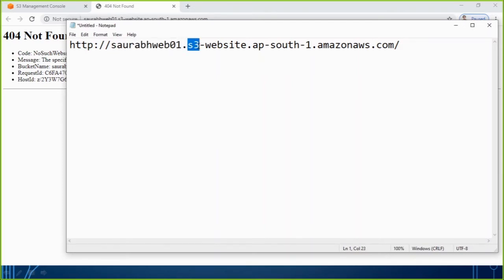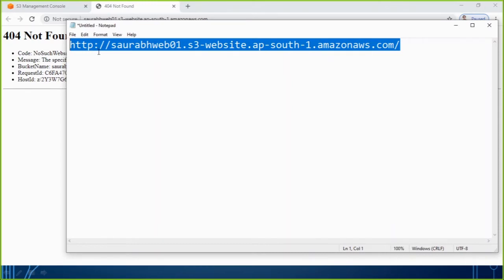This is the service I am using from Amazon, the S3 website service, and this is the region where I am having this website, and this is the company who is helping me to do this task. So the total URL is http://bucket name.service name.region name.company name. This one is the URL.